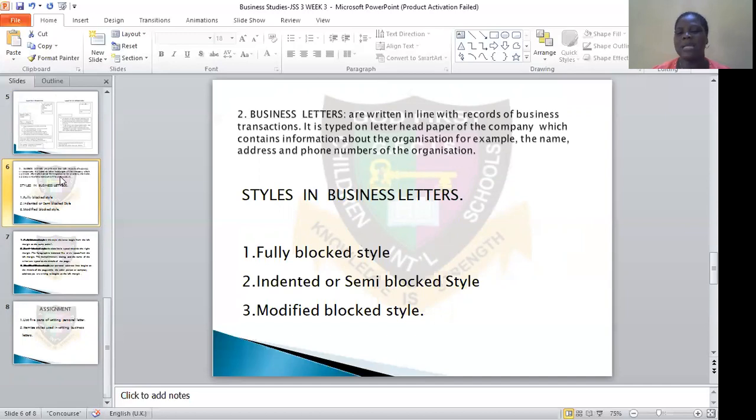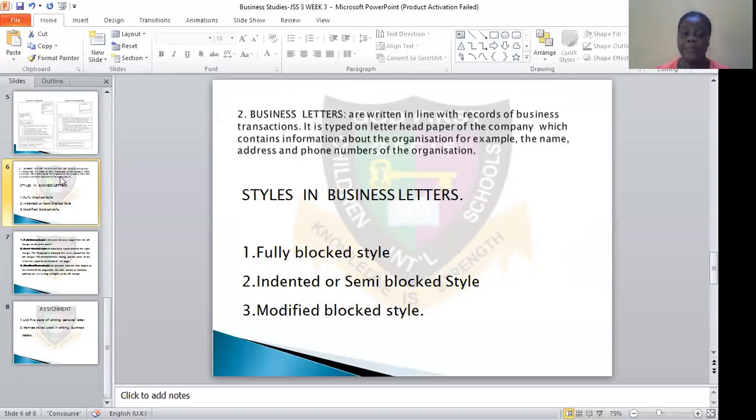Then there are styles that you use in writing a business letter. You can either use fully blocked style, which means you start writing from the left hand margin of the sheet that you are writing on. Then we can write in an indented or semi-block style, whereby you leave 5 to 6 spaces before you start to write, having written the address from the middle. And you can write modified block style, whereby you write the address from the middle and you start writing from the left margin on the first line, and on the subsequent lines you leave 2 line spaces